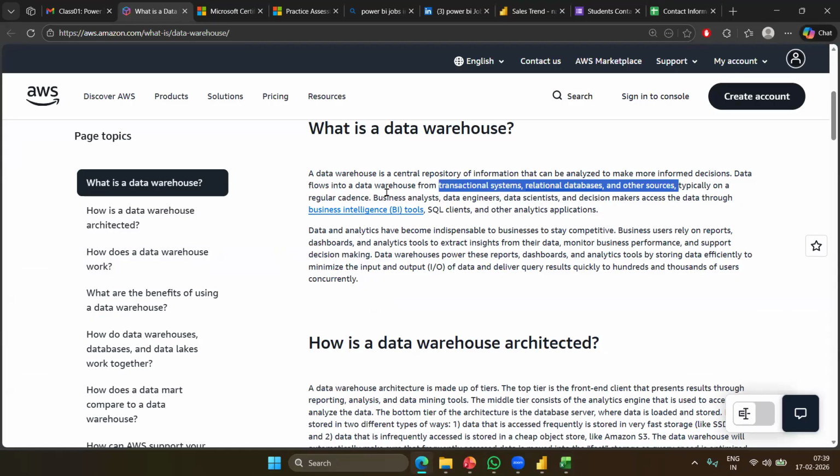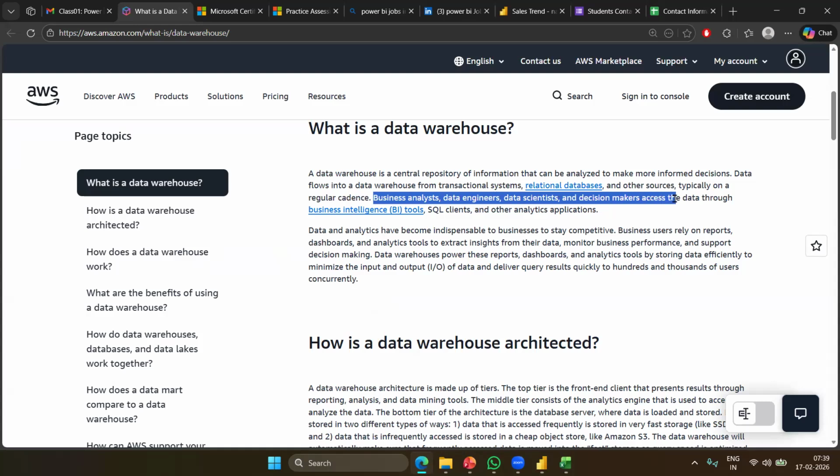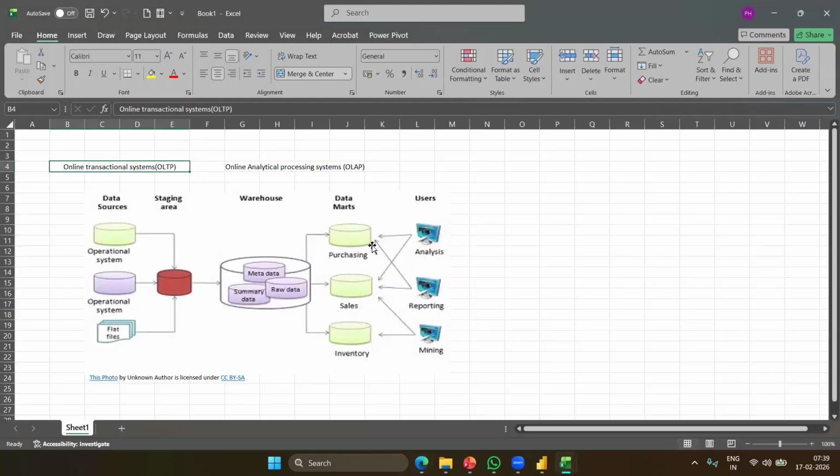Typically on a regular basis, business analysts, data engineers, data scientists, and decision makers access that through BI tools, clients, and other analytical applications. When you say BI tools, our Power BI is one of the BI tools, which is sitting on the right side. Either we can use Power BI, Tableau, or some analytical tool provided by the database itself.